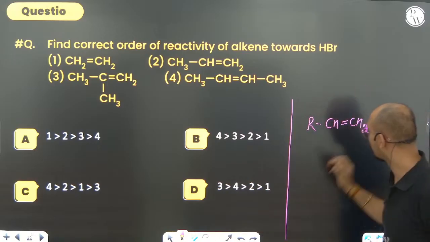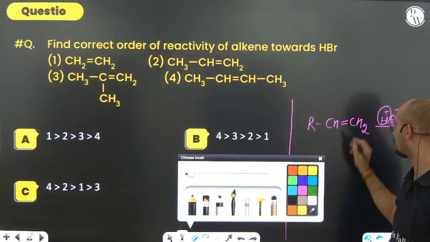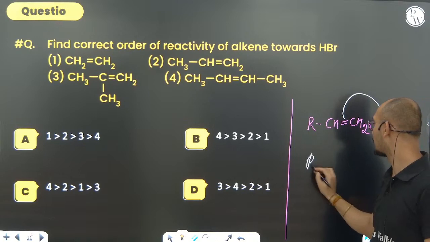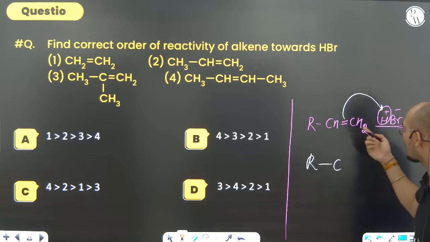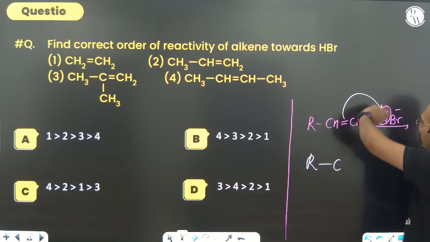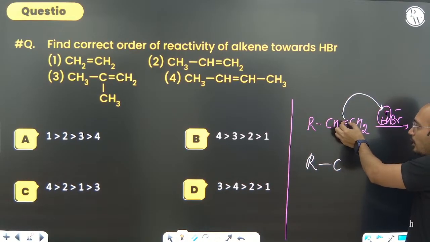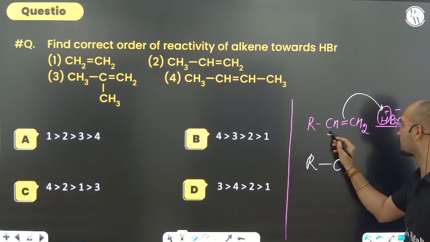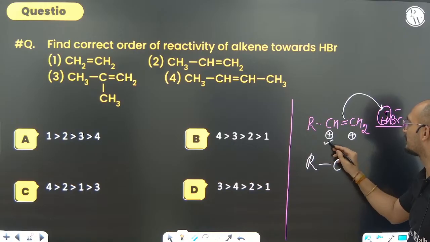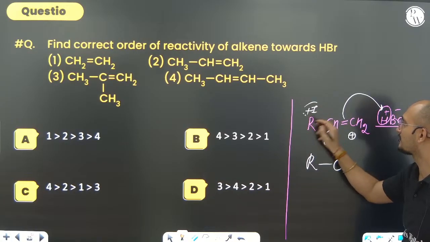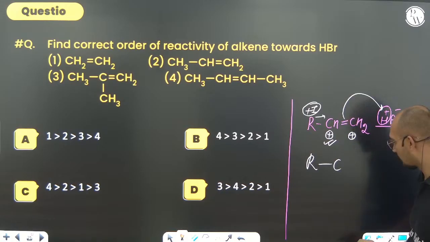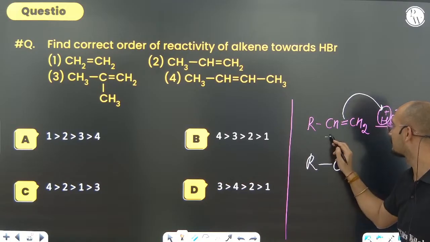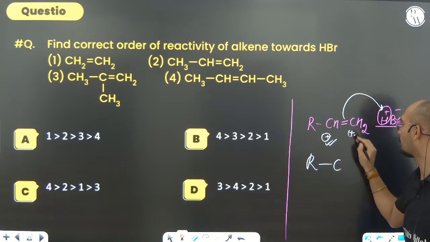So basically the electrophile doesn't attack; our loosely bonded pi electrons attack onto H plus. What will it convert into? R, C, CH. Once this takes H plus, this bond will be broken in such a way that it gets the more stable positive charge. Where is positive more stable, here or here? It is more stable where R is present, because plus I increases the stability of the carbocation. Yes or no? So of course positive coming here is better, while positive coming here is not good.